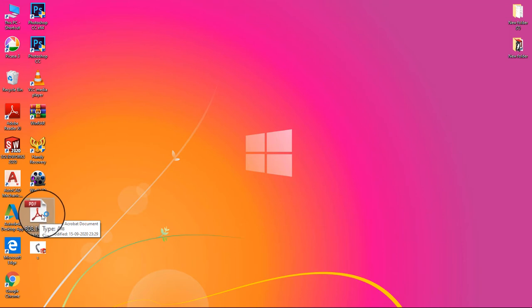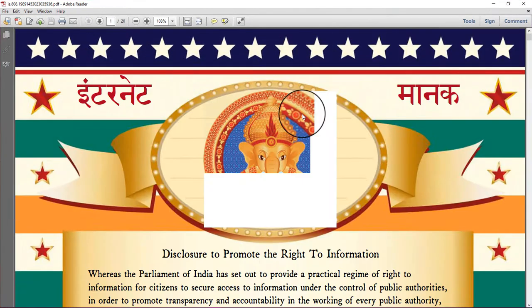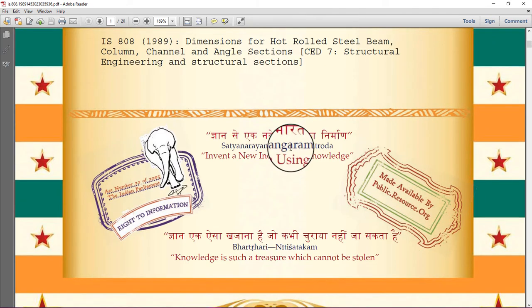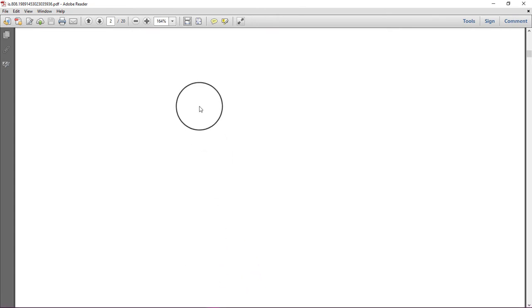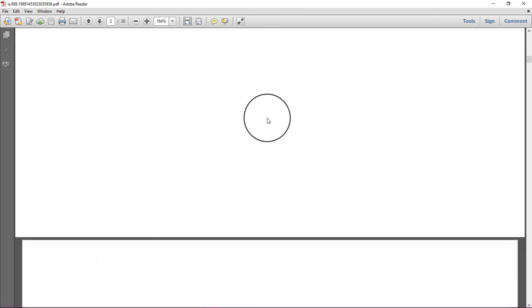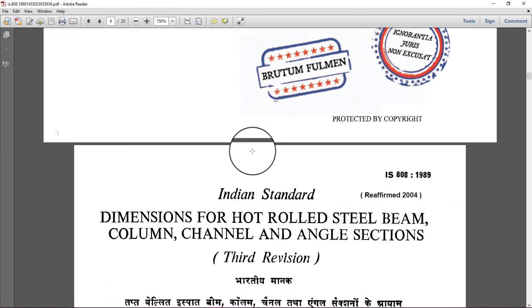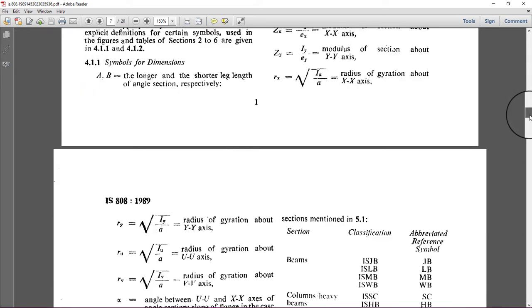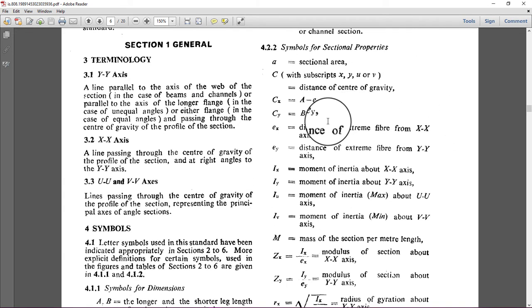I just try to open it and we will see. Okay, so PDF is almost opened. Now we will drag below at the bottom side of the PDF. We will come below. So here some formulas and some symbols and some terminologies are given.